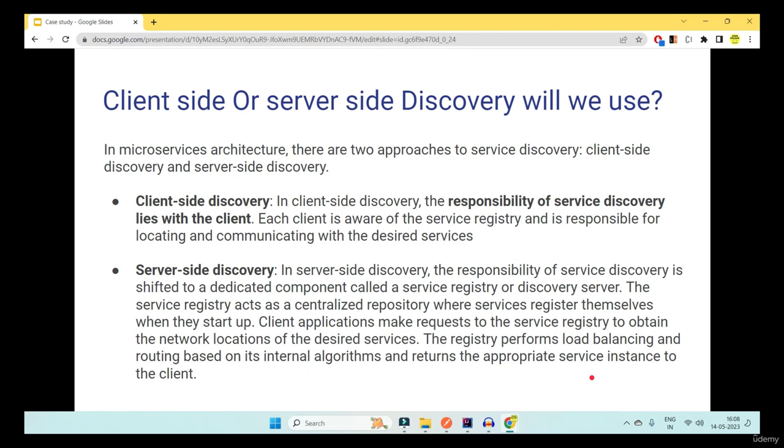And hence, in the next video, we will be seeing how to set up the Eureka Server for the multiple microservices that we are going to create ahead in this course. So let's get started and see how to set up Eureka Server for our microservices.